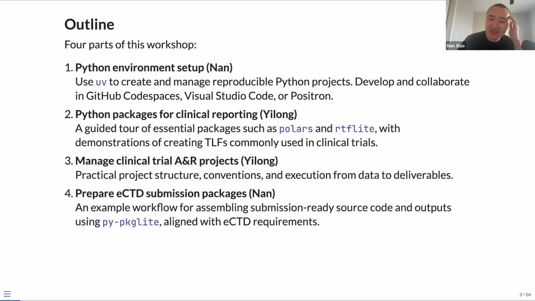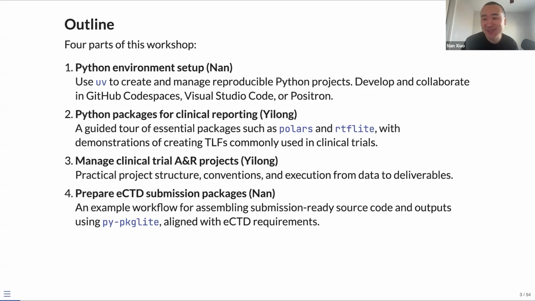All right, perfect. So we have four parts for this material today. I'll give you some general introduction on how we think about setting up the Python environment today in 2025. I think there's one way of doing this correctly, and that is using UV.